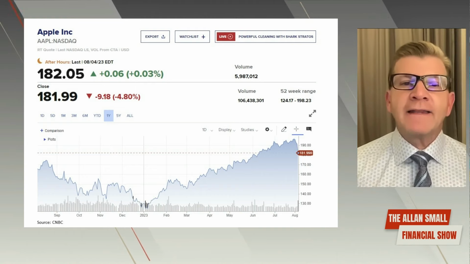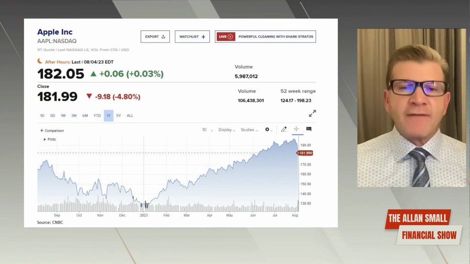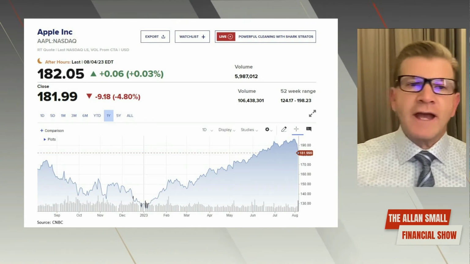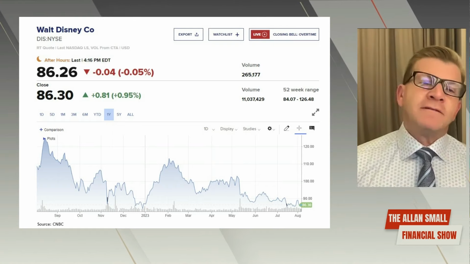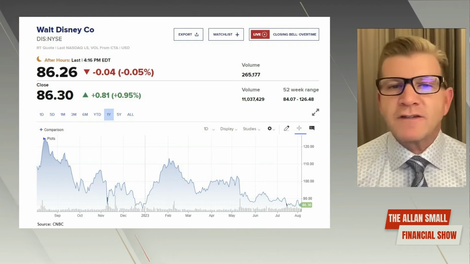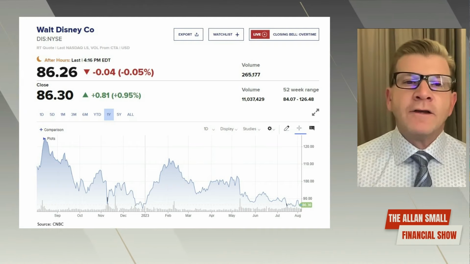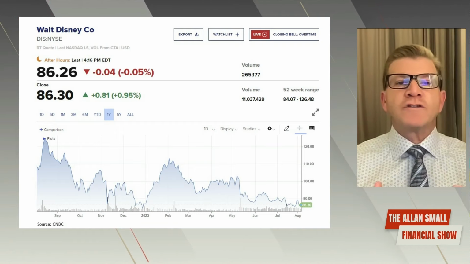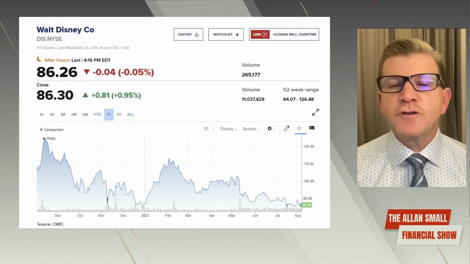Two other stocks I wanted to highlight coming into this week that have earnings this week, that I think are important for us to take a look at. One is Disney. And I think Disney is a great company. Disney is down by about 50% from its previous highs. The stock used to trade at about $180 a share. And you can see here by the chart, it's not doing well at all. So Disney's another name I think we need to focus on as to how they're going to do over the coming days and weeks.